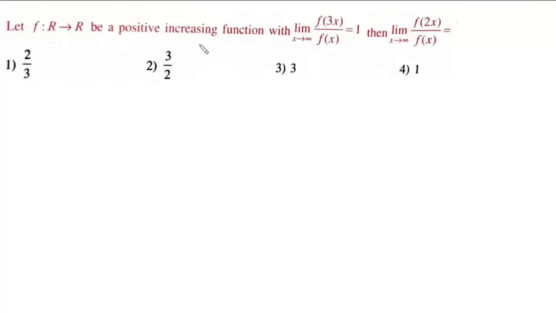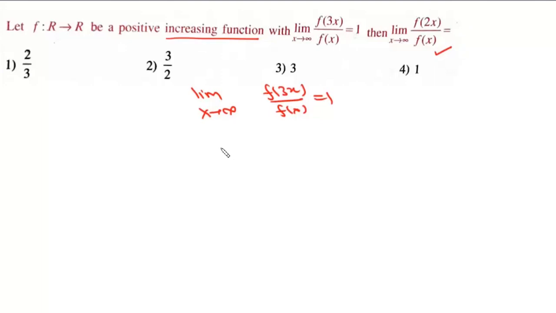Now here the question is, let f be a positive increasing function with limit as x tends to infinity of f(3x) upon f(x) equals 1. We need to find the limit as x tends to infinity of f(2x) upon f(x). Now since